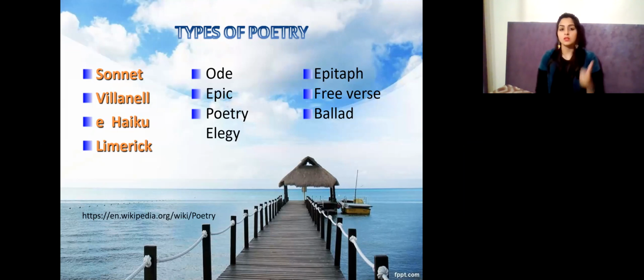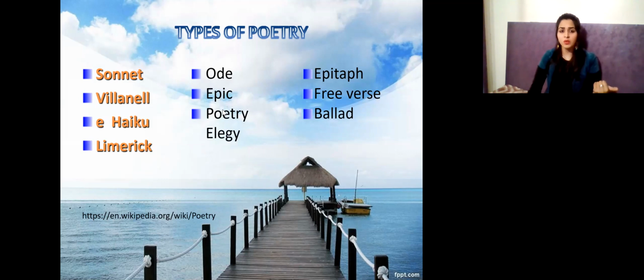The first one is sonnet. Now, you all must have done many sonnets, right? Mostly it is of William Shakespeare. In the first year, I have also put out videos of first year BA students for optional English, wherein Sonnet 29 is given of William Shakespeare. The ones who want to learn about it, please go back to the channel and see William Shakespeare's Sonnet 29. It's really interesting. Okay, now first we'll learn what is sonnet.